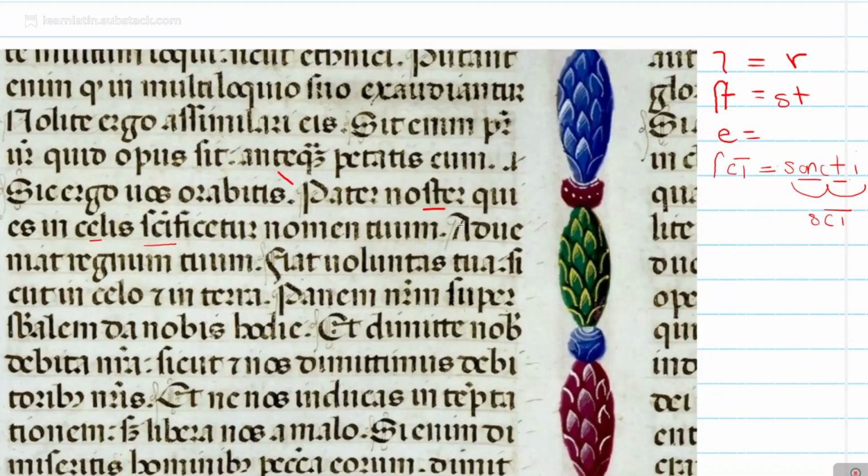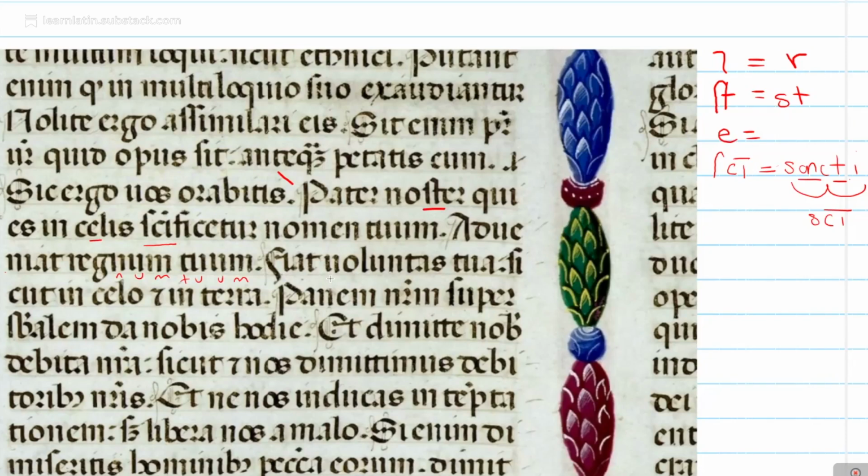Adveniat, A, majuscule. This is missing a horizontal stroke, but it's an A. This one here is a D. Adveniat, again, count 1, 2, N, 1, I. Adveniat, this is an A, T. Regnum, R-E-G-N-U-M. And again, tuum like above, T-U-U-M. F, this is a majuscule F. Fiat, F-I-A-T, fiat,